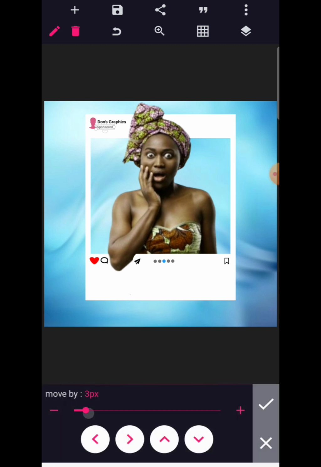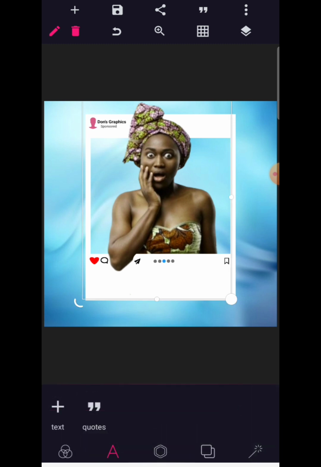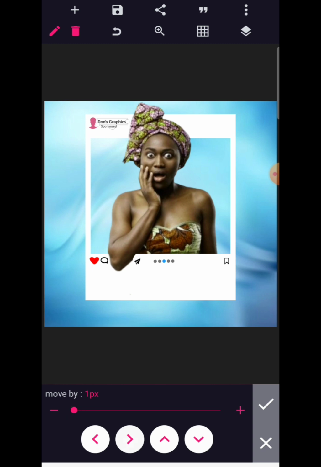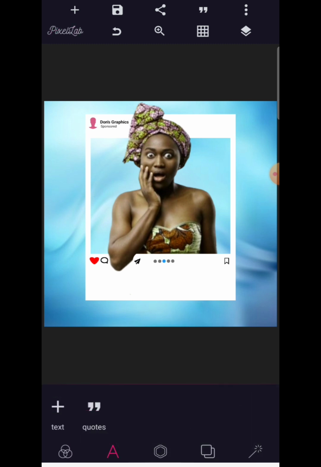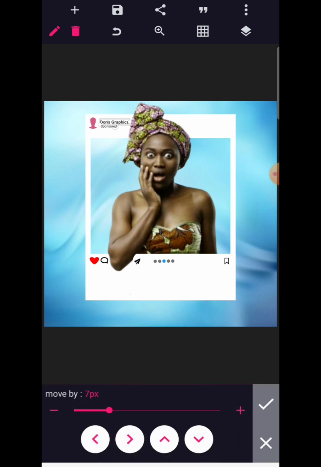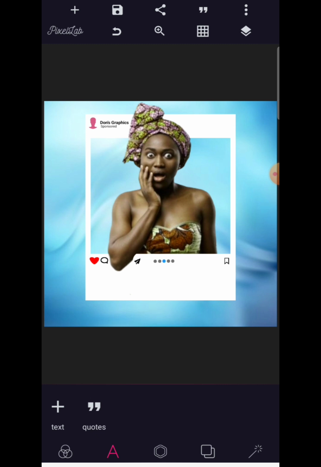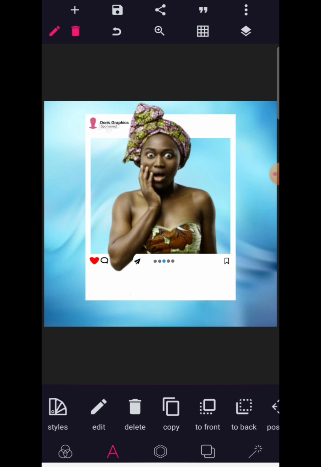Now we're going to align it to the first text just directly below Don's Graphics. So let's also align the Don's Graphics as well. All right. So after you must have checked everything and confirmed that everything is actually moving well, you can copy this text